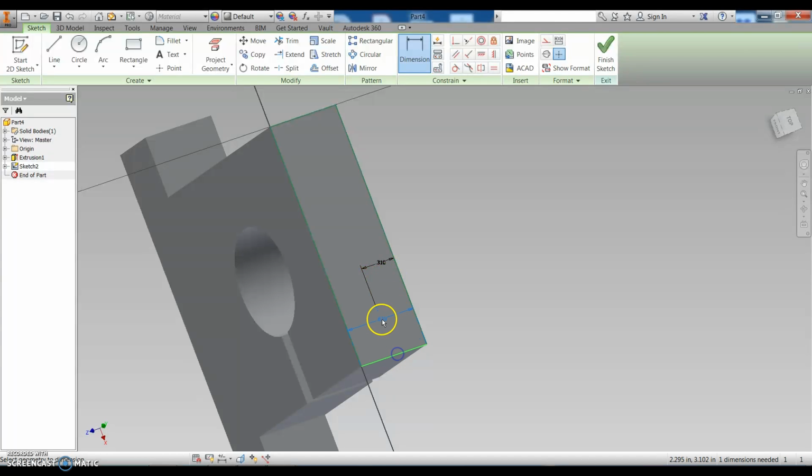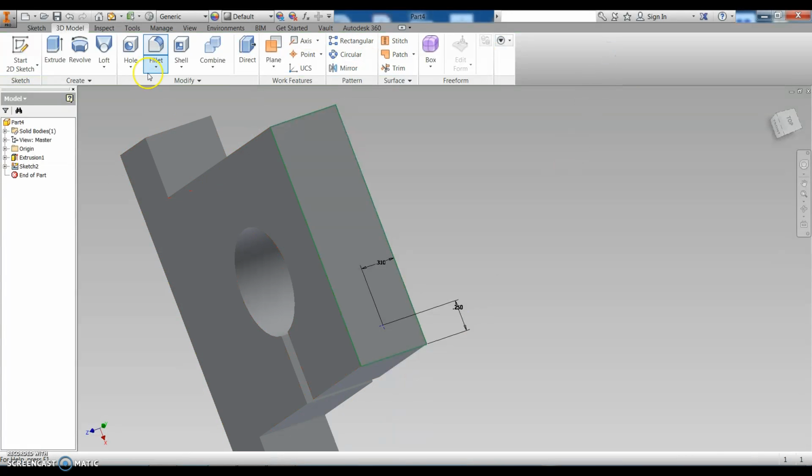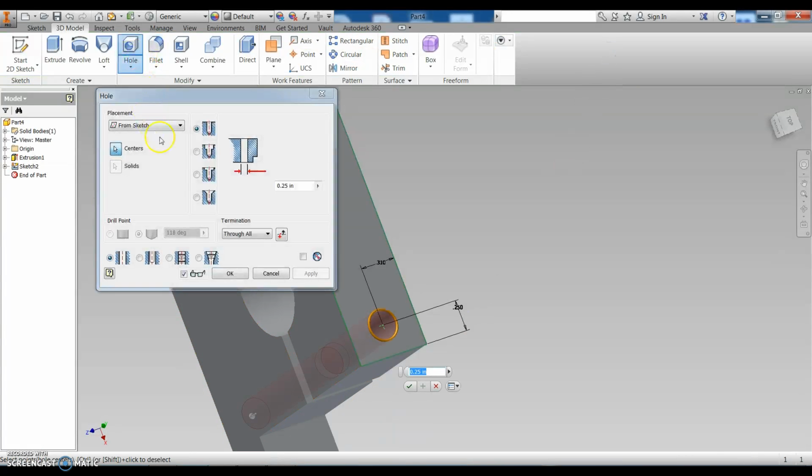Let's locate it off the edge, which is 0.25. Remember, every time you put a hole, you have 3 pieces of information. You need to give the X and the Y location, and then the next thing is the actual size. So I'm going to finish the sketch because I'm now going to use my hole command, and I'm going to